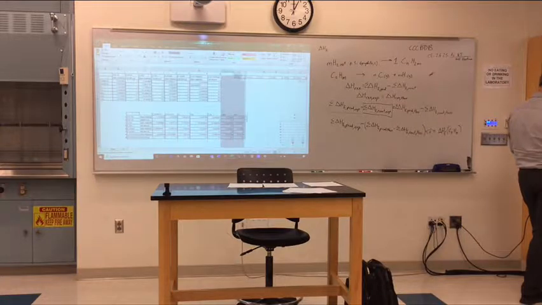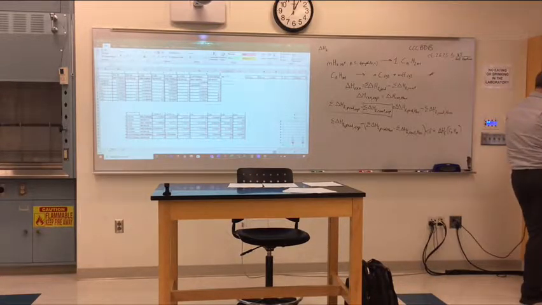Give us a little bit more room. Make a column for enthalpy of formation, and then we'll just write down the values for these first two. That's the carbon and the hydrogen that we get from